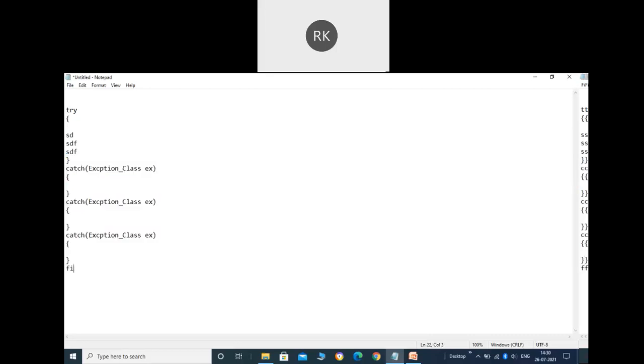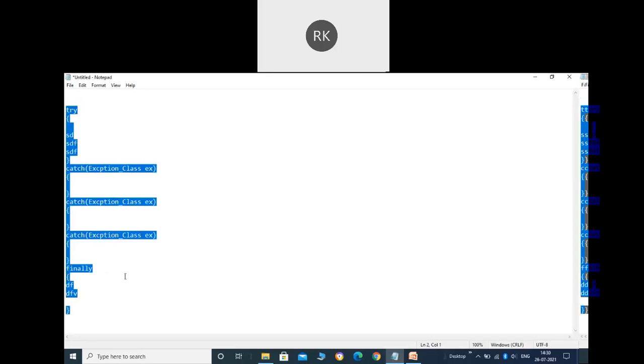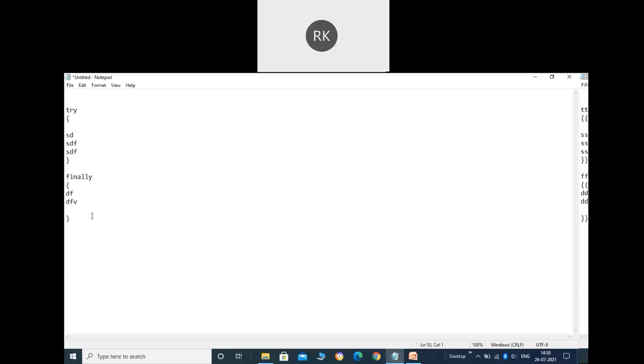And at the end, you can have the finally block like this. Whatever code you put here in the finally block will always execute, no matter whether the exception occurs or not. The throw and throws we'll see later. But for now, these are the three main keywords that we are going to use: try, catch, and finally. It is also possible for try to be followed by finally, but it is used in rare cases. Generally, the try will be followed by the catch, where we catch the exception and handle it, and so on. Let me know if any of you has any doubt up to this point.